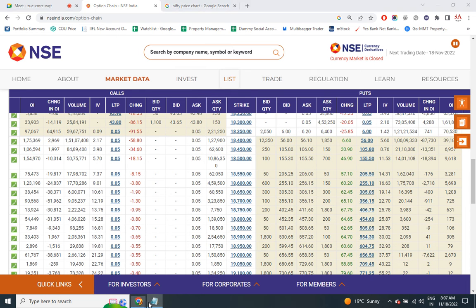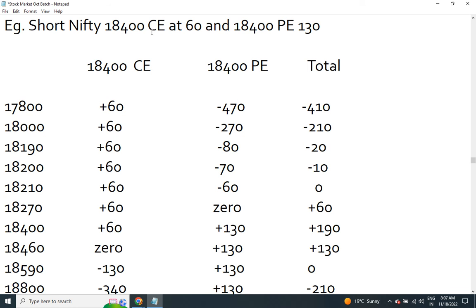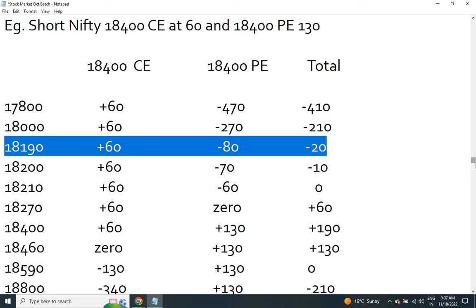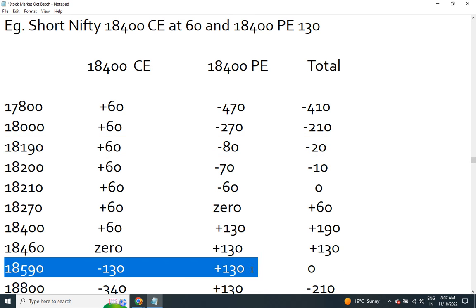So those whoever did this has made a jackpot income. Because together we sold it for 190 and now we would be buying at the settlement price at around 54 rupees. So for 60 rupees risk, you could have set even a stop loss, 250 point stop loss in case the market moves in one direction. You would have benefited by 130 rupees, double the reward. You have to set a threshold that at a particular point if the market goes away, I would exit. But never that kind of scenario had come where the market moved one way.